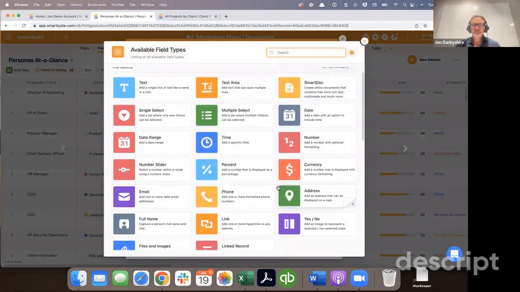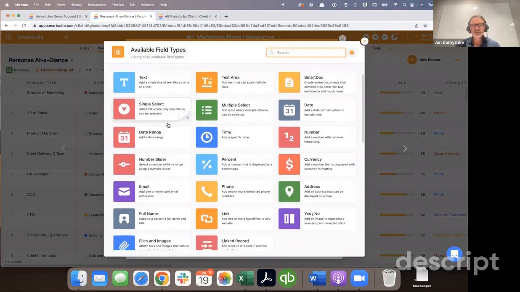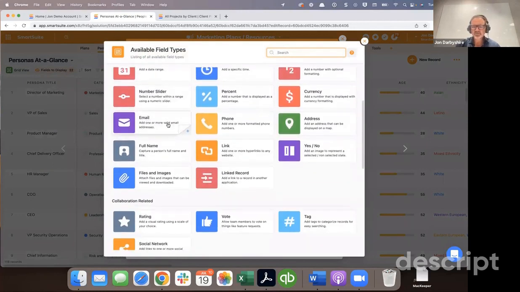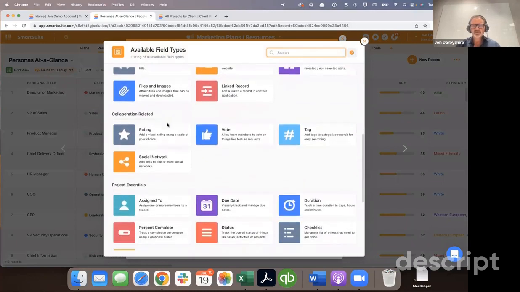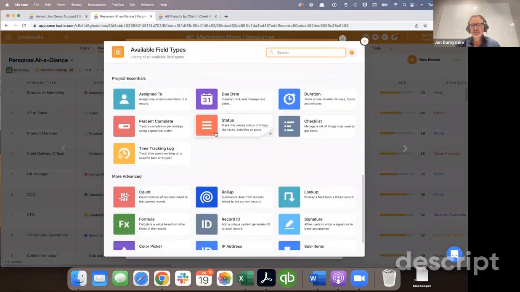field type that's available in SmartSuite, from some of the basics like text and text areas and selections and dates and numbers, emails, phones, addresses, those types of things, to more collaborative types of fields where you want to have somebody provide a rating, or you want people on your team to vote and keep track of who's voted. Maybe you want to add tags, you want to link to people's social networks, more project specific things where if you're tracking tasks, where you would track